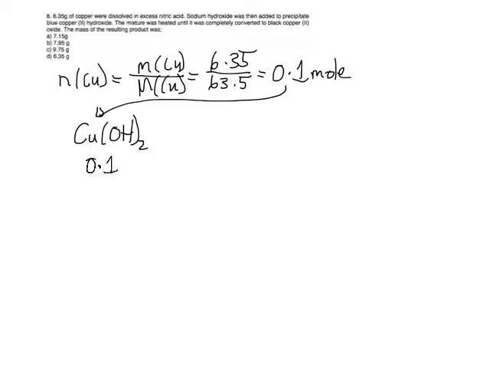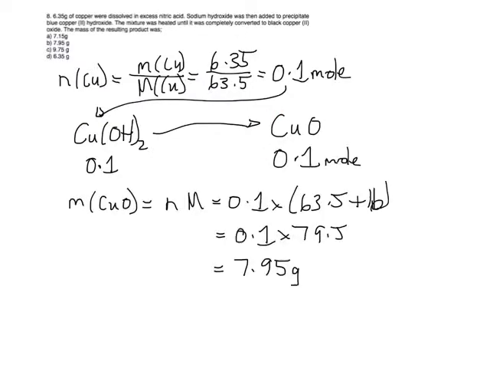Now that 0.1 of a mole of copper is producing copper hydroxide, but for every 0.1 mole of copper, you're going to get 0.1 mole of copper hydroxide. And then that copper hydroxide was converted to copper oxide, and again, for every 0.1 mole of copper hydroxide, you would get 0.1 mole of copper oxide, because copper only appears once in each one. When you use that number of moles of copper oxide to work out its actual mass by doing the number of moles times the molar mass, you get the actual mass of copper oxide would be 7.95, which is going